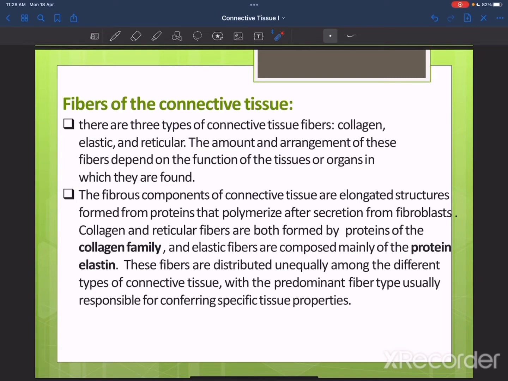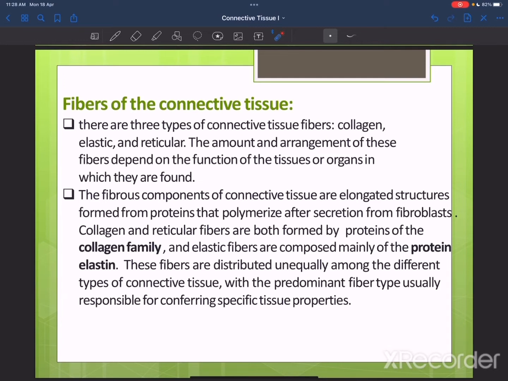Organic, the concentration or the comparison, the presence of collagen to elastin to reticular is different from one organ to other according to the main function of that organ. The fibrous components of connective tissue are elongated structures formed from proteins that polymerize after secretion from fibroblasts. Fibroblast function, which is the main cell of the connective tissue, is to synthesize both the protein fibers,